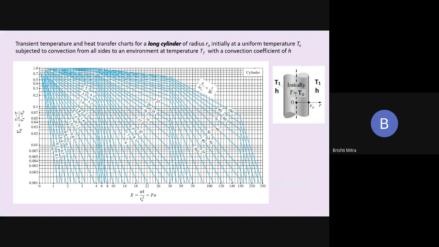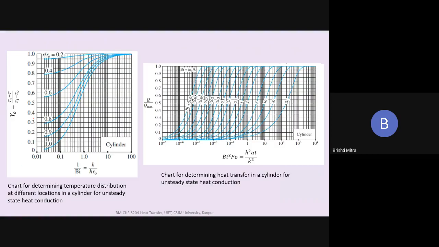So you cannot use these graphs interchangeably. You have to find the right graph for your geometry. Again, calculate the Fourier number and the Biot number, so 1 by Biot number and Fourier number, and you can calculate the temperature at the center of your cylinder. You can also calculate the temperature at any other position in the cylinder, and you can also find out the rate of heat transfer from